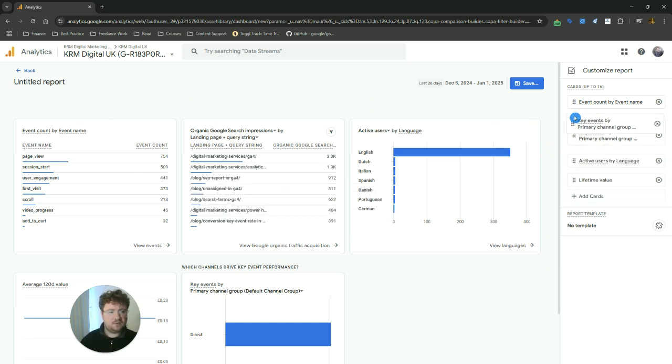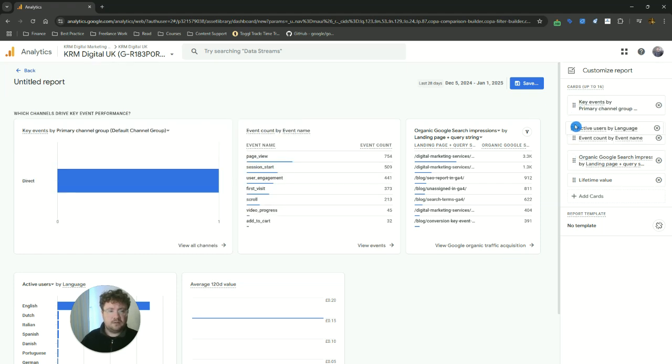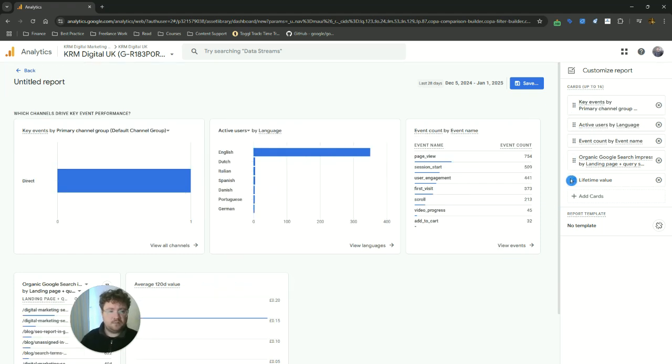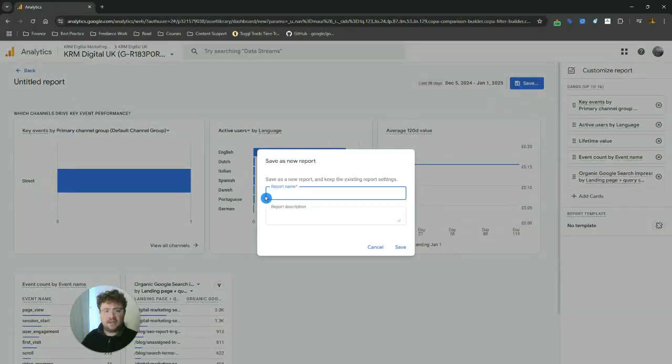And actually we can move these around. So maybe you're aware that in terms of what's valuable to the business owner or your client, if you're in an agency, for example, are certain metrics, then you can make sure that they're present at the top by just moving them around. So if we then click save, and let's call this test report here,